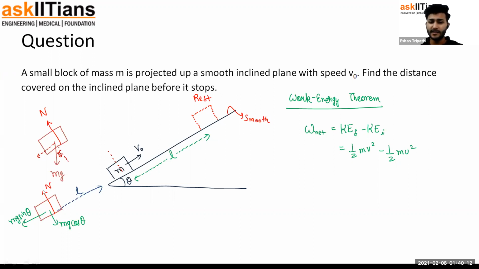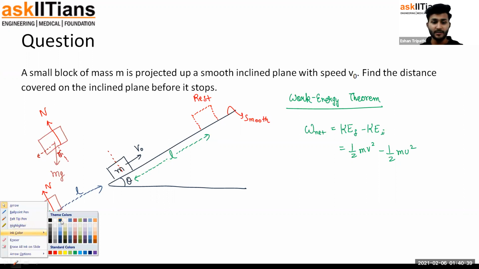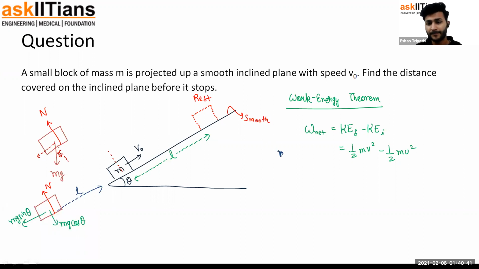Look at this. Since the normal reaction is at a 90-degree angle to this displacement L, it is perpendicular to it. So it won't be doing any work, as we discussed in the previous lecture. And mg cos theta is also perpendicular to it, so mg cos theta will also not do any work. The only force that will do work is this mg sin theta. And that too, it is in the opposite direction. It would be doing negative work. So the net work done on the body is going to be simply